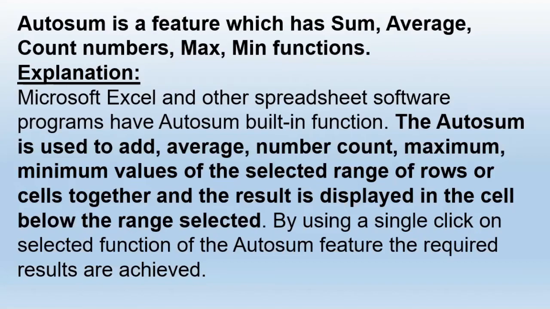So it means that the AutoSum function automatically creates a formula of addition, or maybe the average, count, maximum or minimum values, if you require them. You simply highlight the cells that you require the result of, and then click on the AutoSum function on the formula bar, and select the function that you require for that calculation, and then click OK. So it will generate the formula and the result of that particular calculation that you highlighted in your MS Excel worksheet.